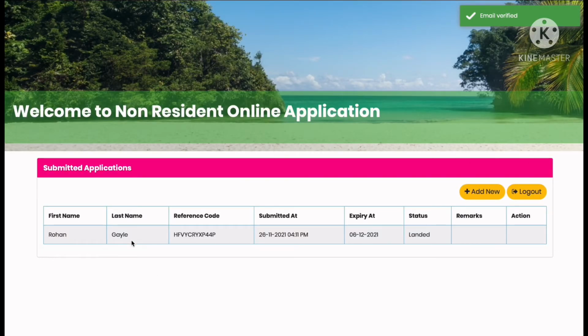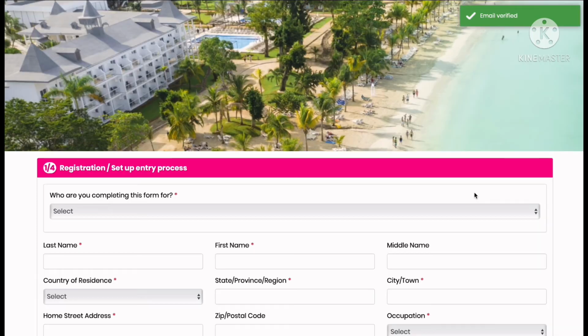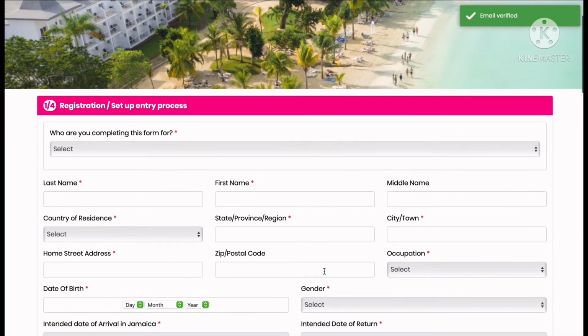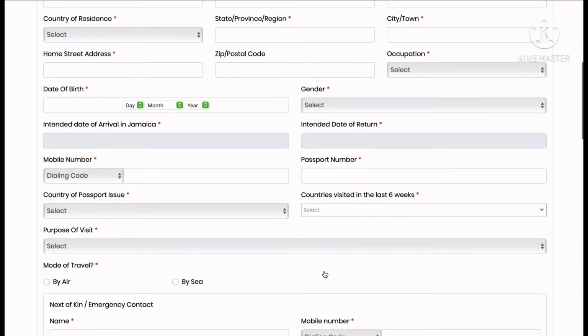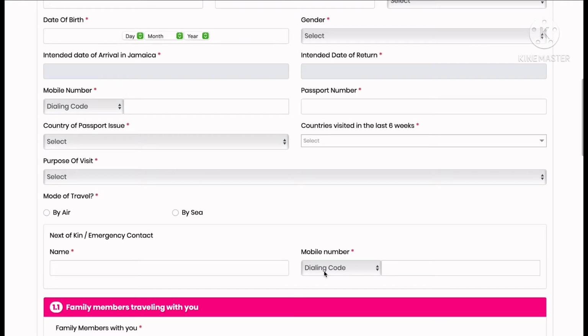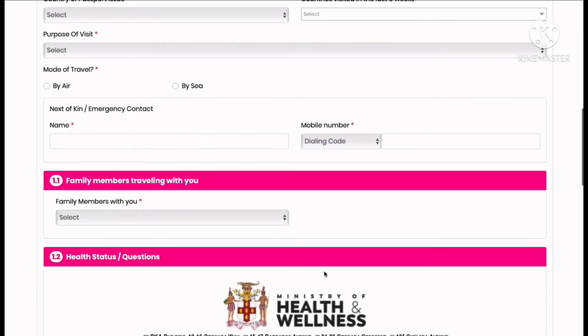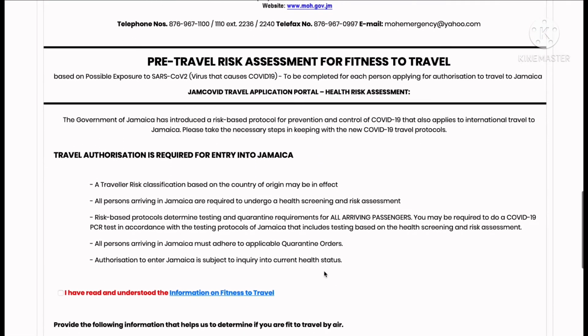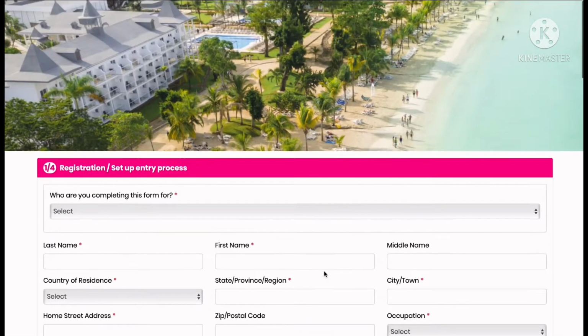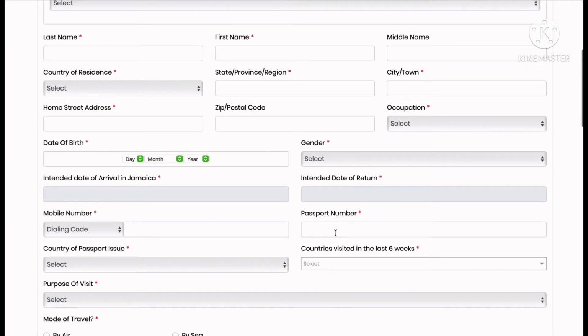Okay, so it's reading it. What you're looking at this present time is because I've already done this form for when I was leaving a couple of weeks ago. So for me to show you, I have to click add new. When I click on add new, this is exactly what you will see on your screen. And these are 4 bits of digital paper that you need to fill in. Okay, 4 bits of paper. So this is 2 of 4 on this